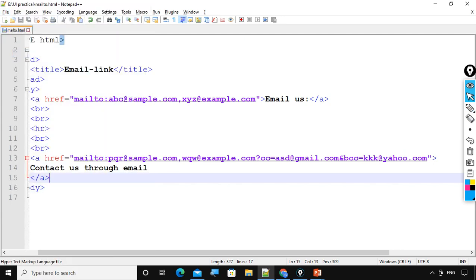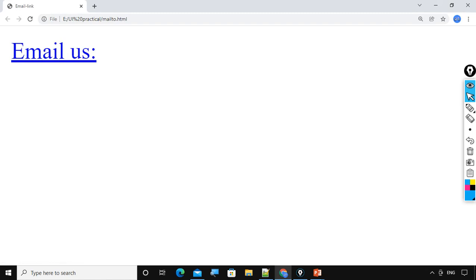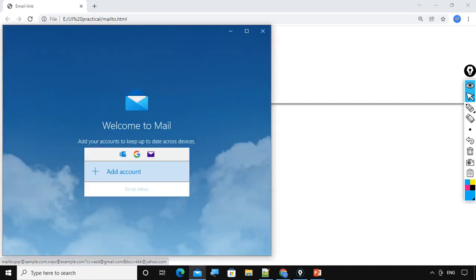Save the code and let me refresh. Okay, contact us through email. If I click here, then it will go to my default messaging software, but as I have not configured any default messaging software, that's why it is not showing the compose email format.